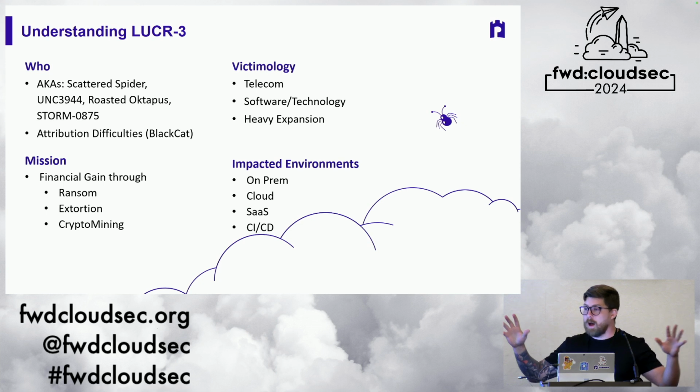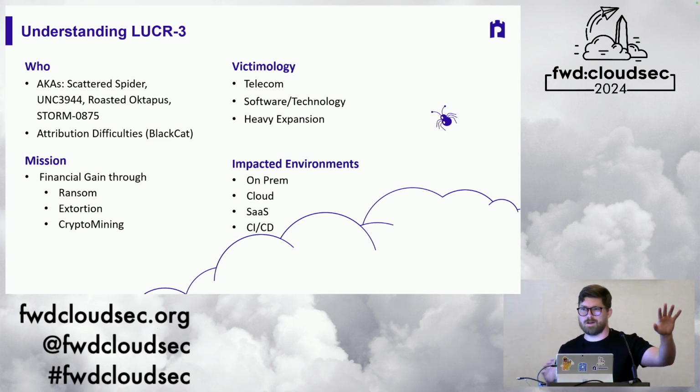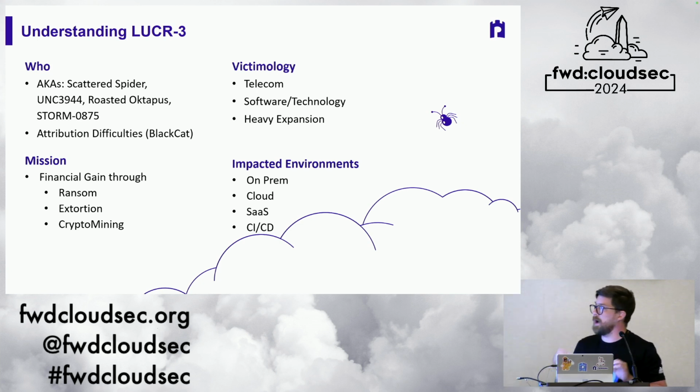But overall, attribution is really hard for this group. Attribution gets confused all the time. AlphaV, Black Hat, Scattered Spider, not the same people, even if there are some of the same personas involved in each of those groups. So big thing to note there. I would say if you're interested in the CTI side, outside of talking to me back there later, Jake Nicastro at SleuthCon last year did a great talk where he talked about kind of the difficulties of attribution and used this group as the example for that. Super awesome talk, highly recommend.